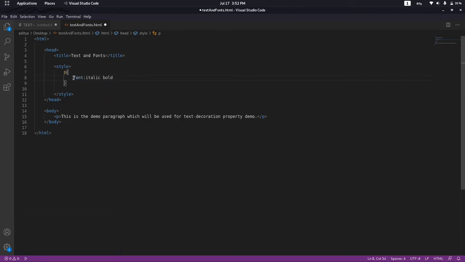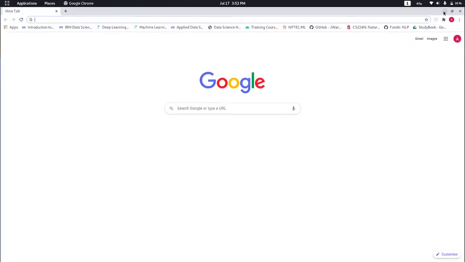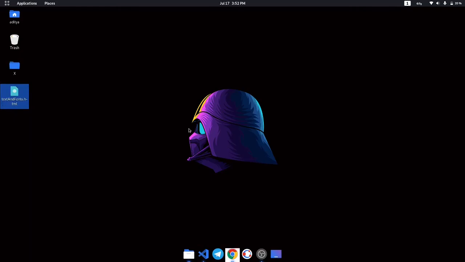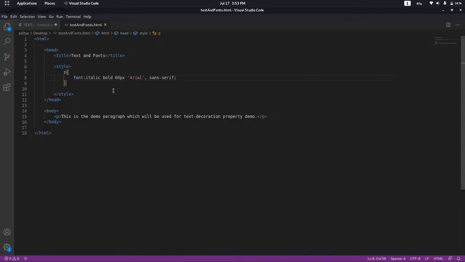Then the font size, let's set it to some 60px. And then at the last comes the family, like I'll set it to Arial and sans-serif. Save it and let's open the web page. Okay, so as you can see, the properties have been set using the shorthand property.